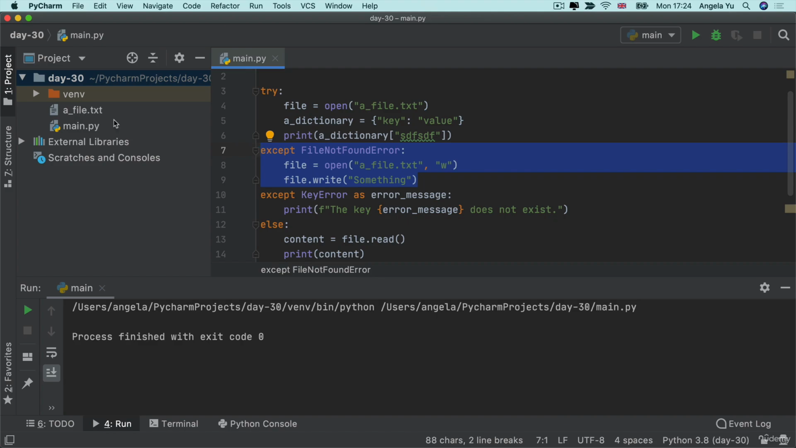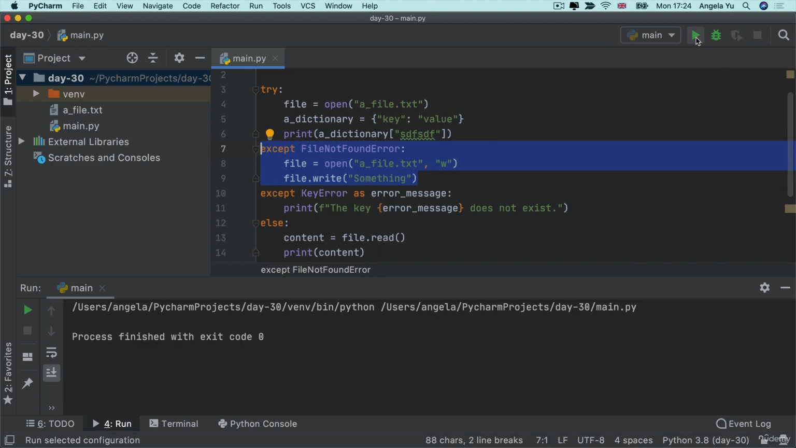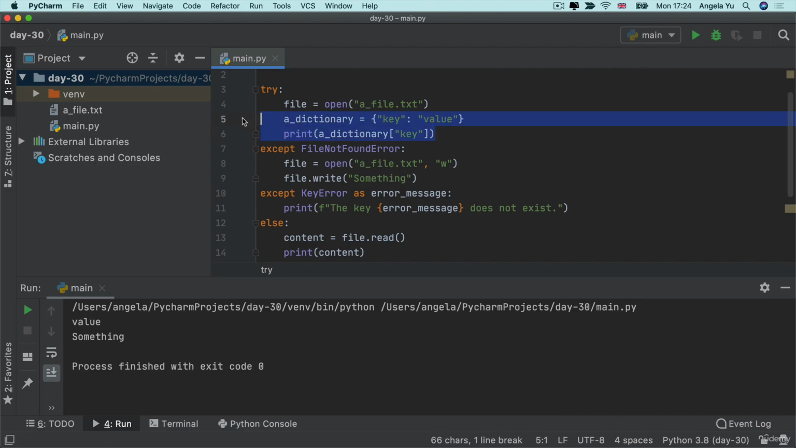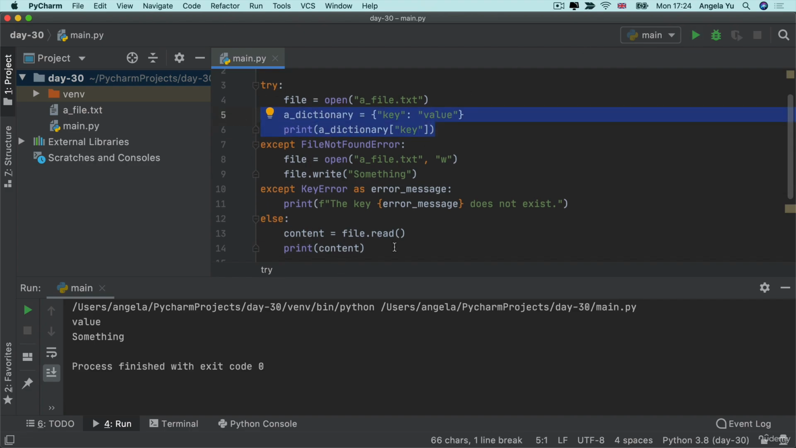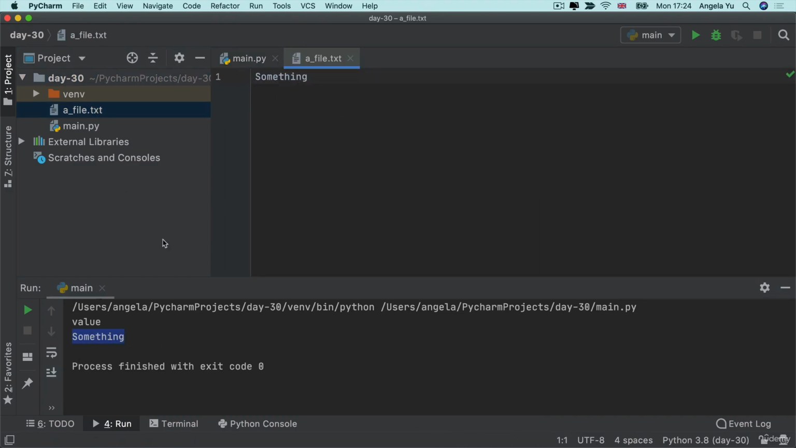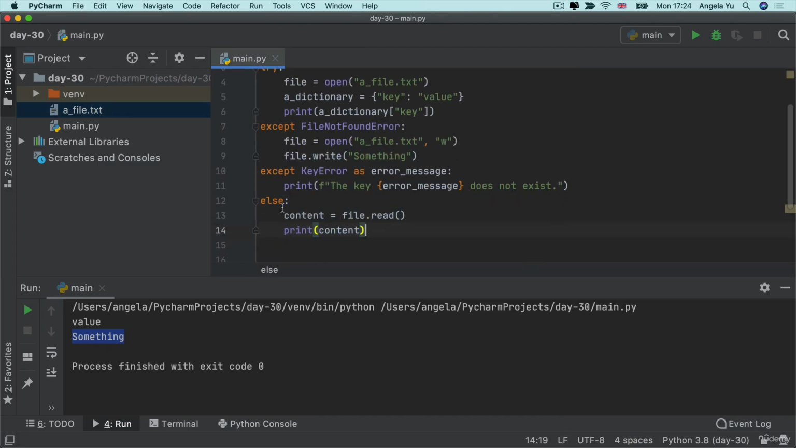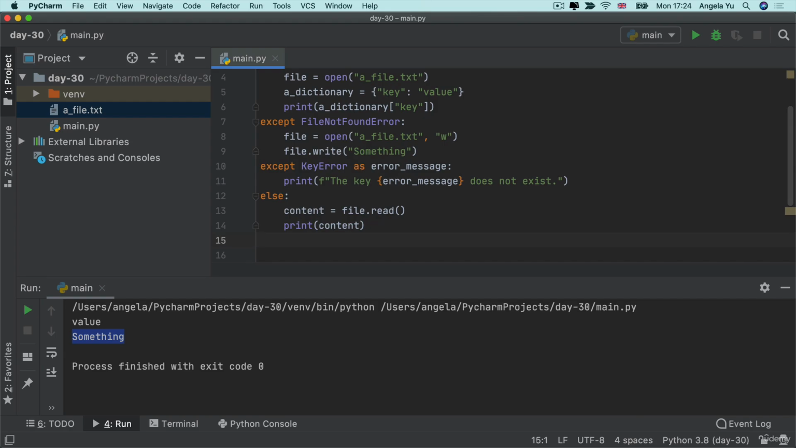But now that that file has been created, the next time I hit run, this line of code is going to succeed. And now it catches the next error in that try block. So if I change this to a key that it actually will recognize, then that next line also succeeds, and finally it gets to this block and it actually prints out the thing that's inside file.txt, which is just the word something. So we've now got try, except, else, and the last thing I want to show you is